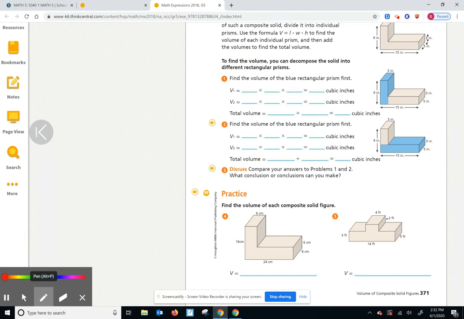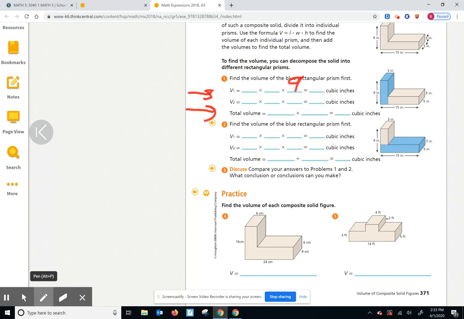You can see that they have us listed as 2 different types of volumes, and one of them is going to be for the blue box and one is going to be for the gray box. Let's start with the blue box and we'll call that volume 1. So just like our regular rectangular prisms, guys, we need to find a length, a width, and a height. So as we look at the blue box, we can definitely see that as a height, we have the number 9,